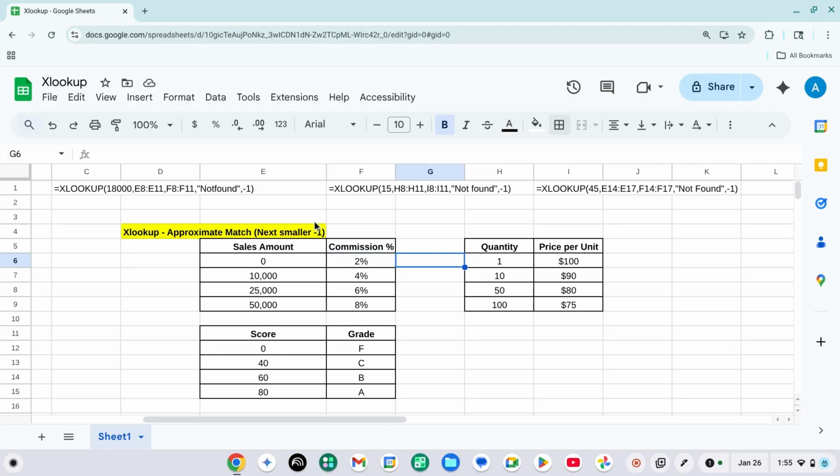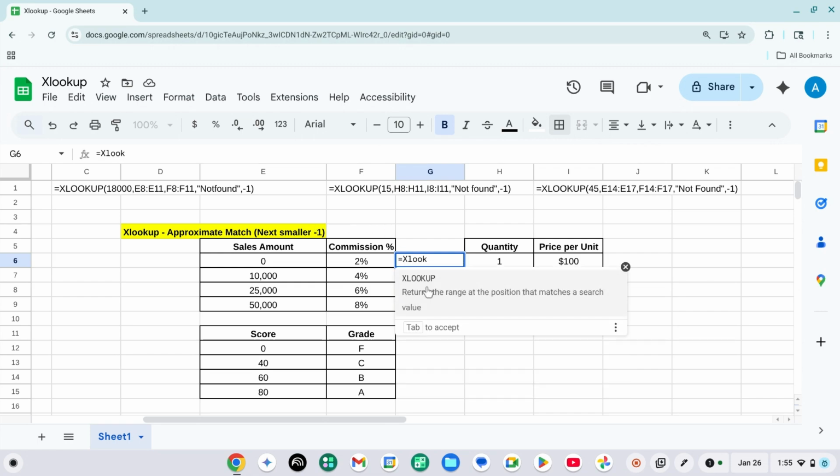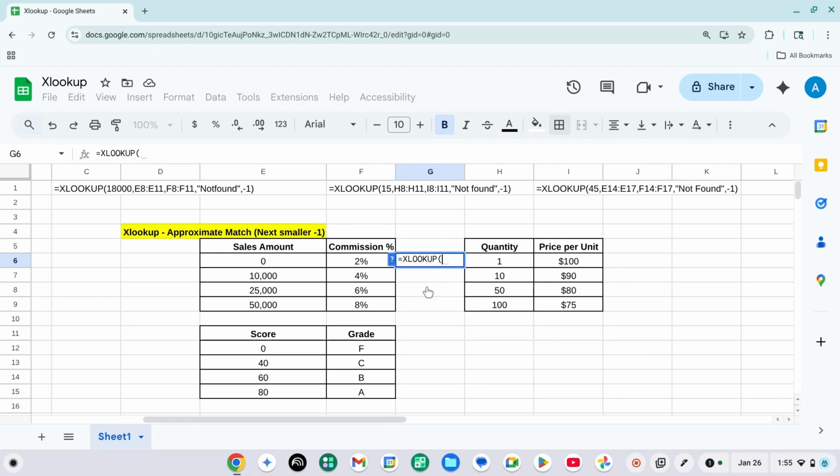So I'm going to write the formula for 15,000. The person has sold 15,000. So what should be the commission rate for that person? So XLOOKUP. I'm going to write 15,000. I'm not going to write it in quotes because this is a number. You write 15,000 and then a comma. I'm going to select the lookup range and then the search range. Missing value is NA, and then I'm going to look for the next